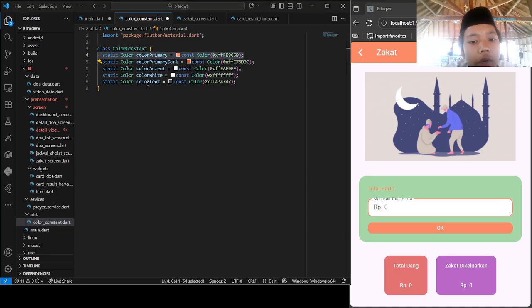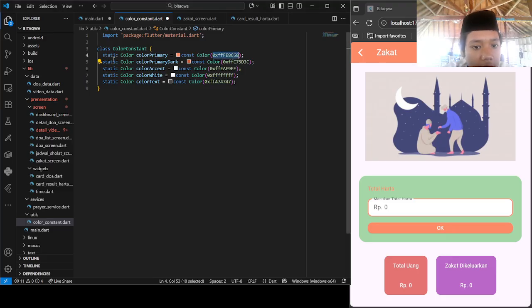Static Color primary equals Color. This is for the main color of the application. This Color is a class from Flutter to define a color, and then this is the color code.